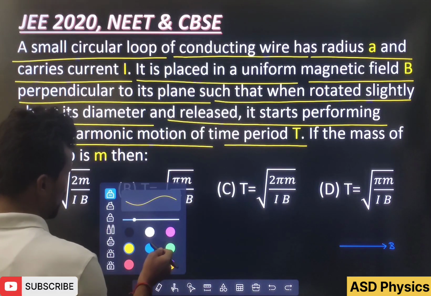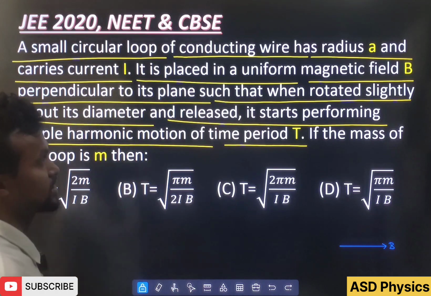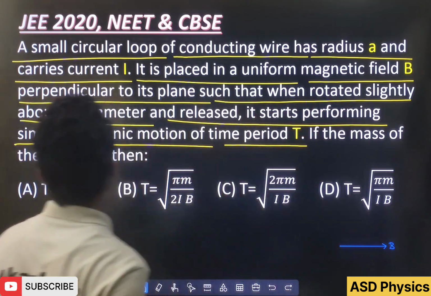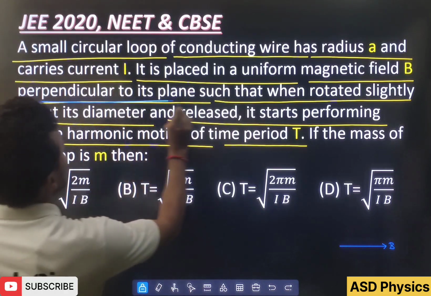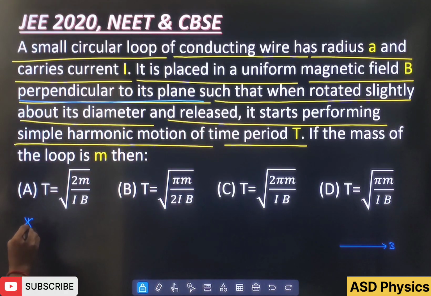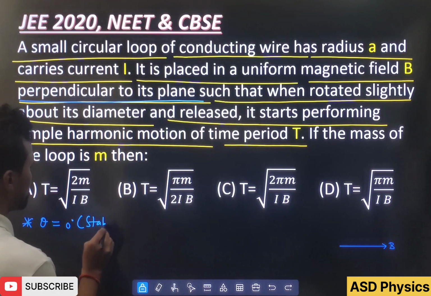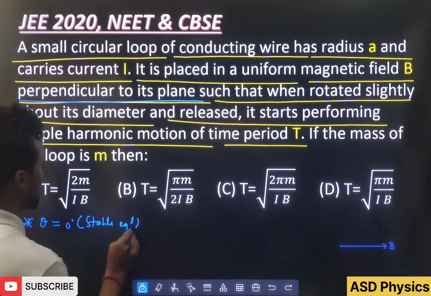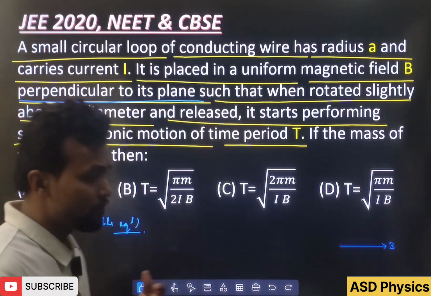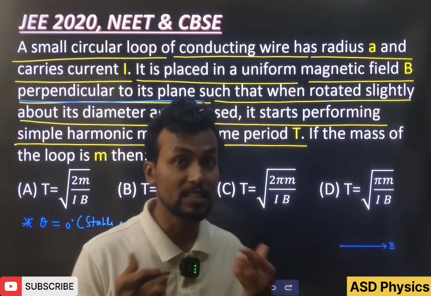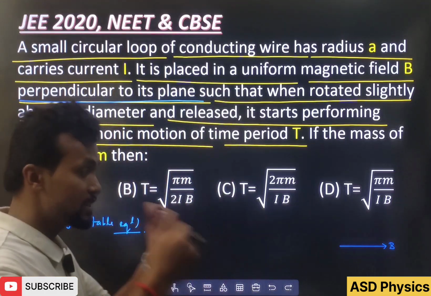If the mass of the loop is small m, then how much here? So here remember that the keyword is: it is placed in a uniform magnetic field perpendicular to its plane. Perpendicular to its plane means theta 0 degree. Theta 0 degree means which equilibrium? Stable equilibrium. Okay. So whenever any object is disturbed from its equilibrium position, it always tries to attain its equilibrium